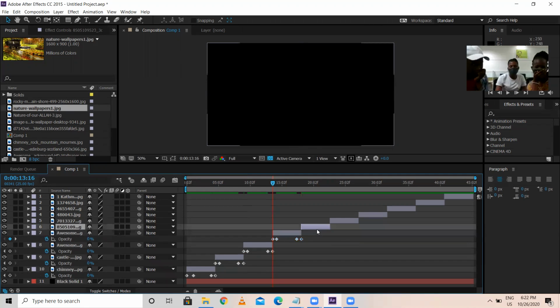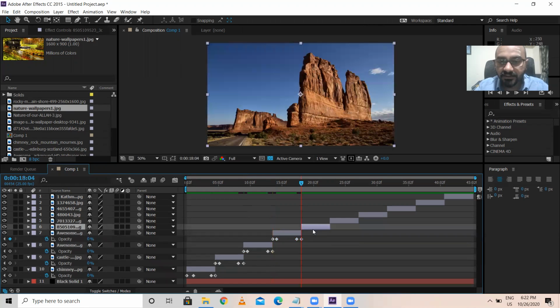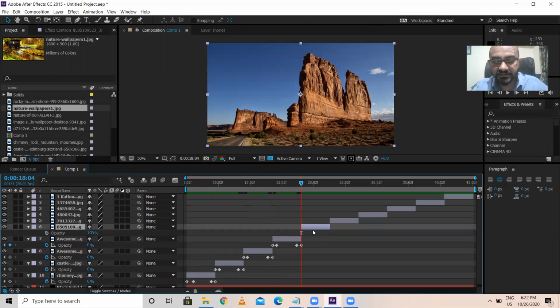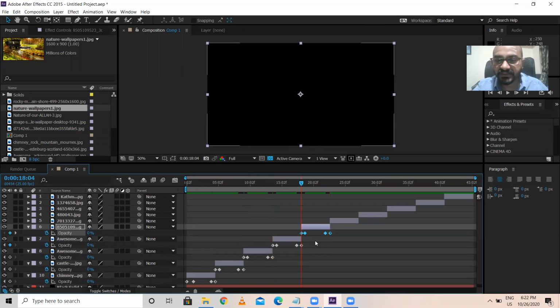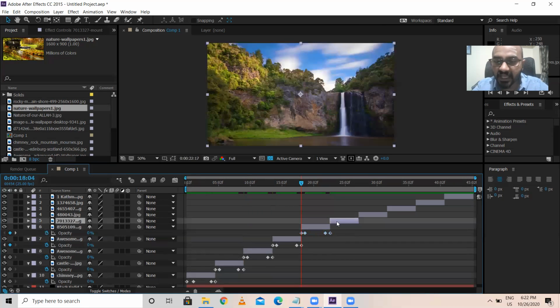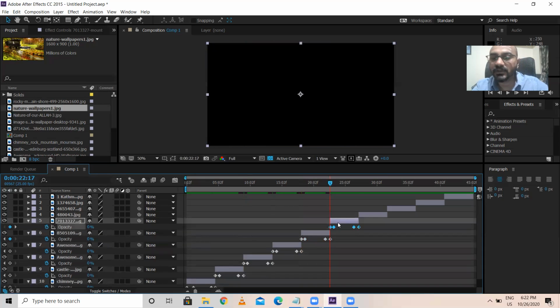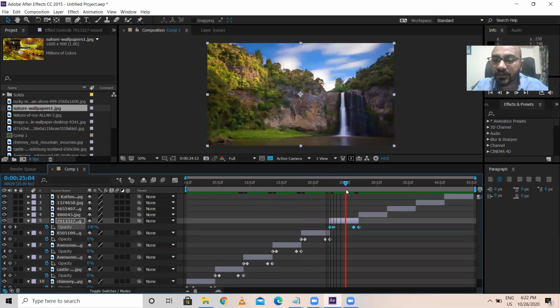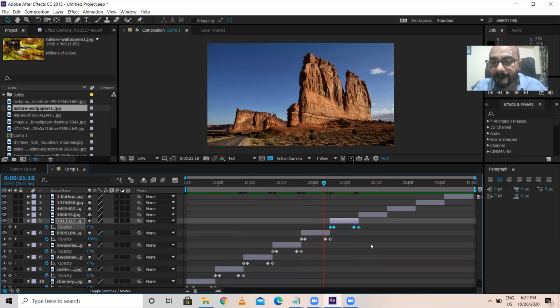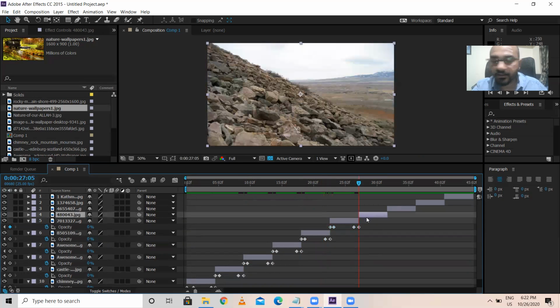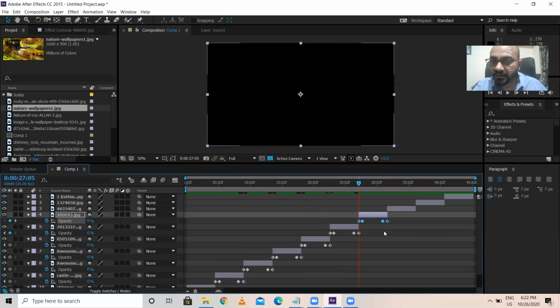So I'm selecting this, press I, T, T for transparency, means opacity, then paste. Control V to paste. Then select this, I, you can select this, T, Control V, paste. So automatically it's happening, okay? Select this, I, T, Control V. You cannot select at a time and you cannot paste here.